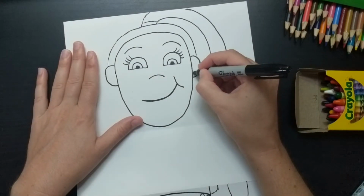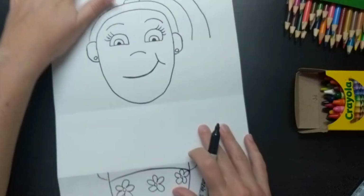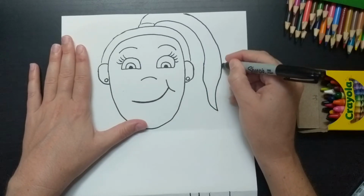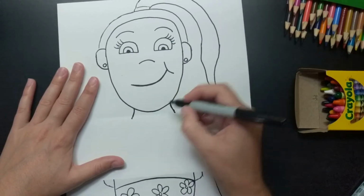You could also give yourself earrings if you'd like. I gave myself some fun dangly ones here in my example. Pull that one back up. I am going to complete my ponytail again. And then we can also start to add our outfit. So give yourself a neck